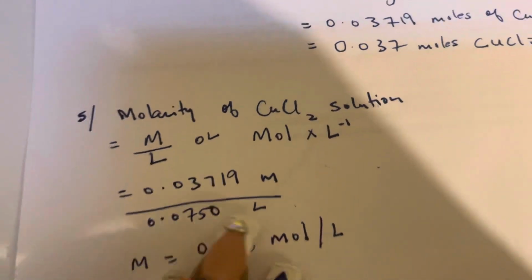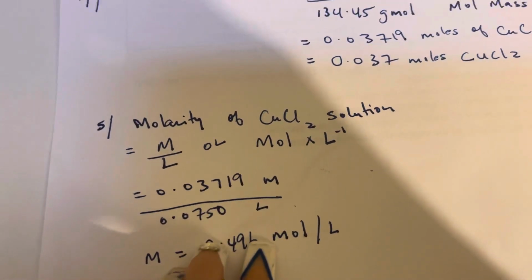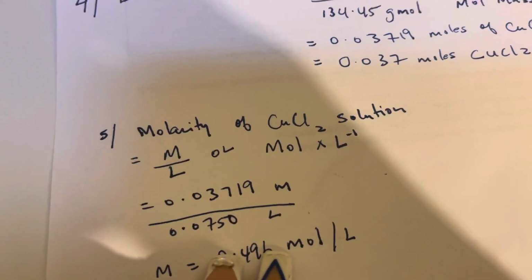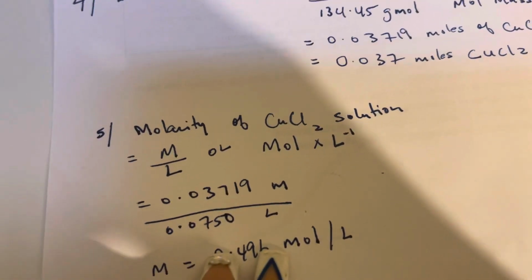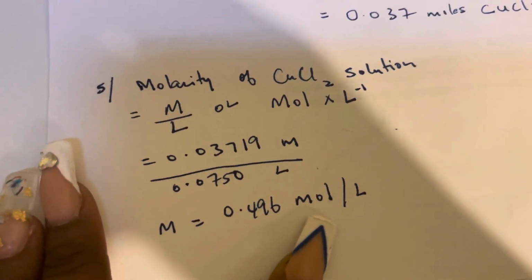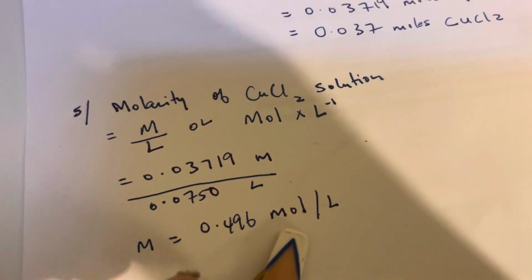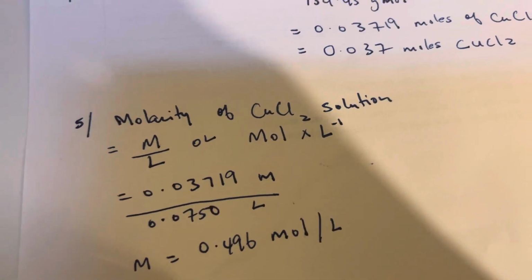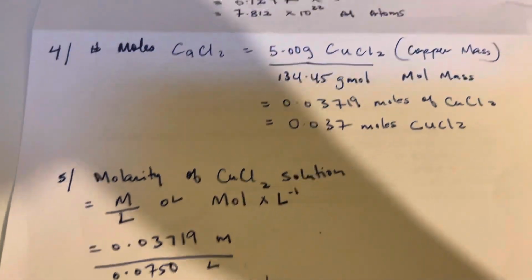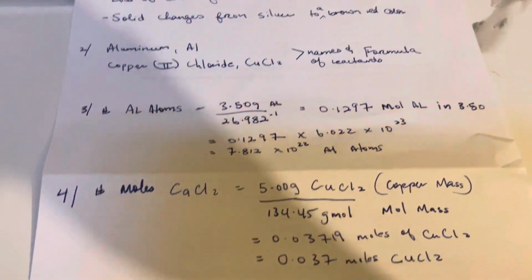But I came up with the answer 0.03719 moles divided by 0.0750 liters, and that gives me the answer for the molarity, which is equal to 0.496 moles per liter. I hope that explains it all. Not really sure exactly if I got it all correct, but